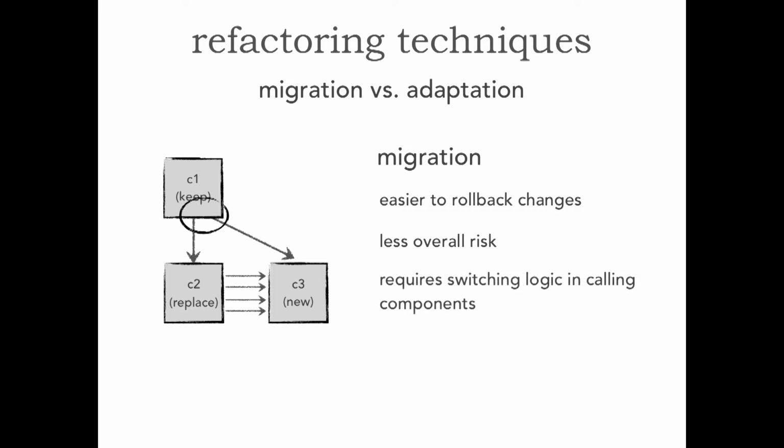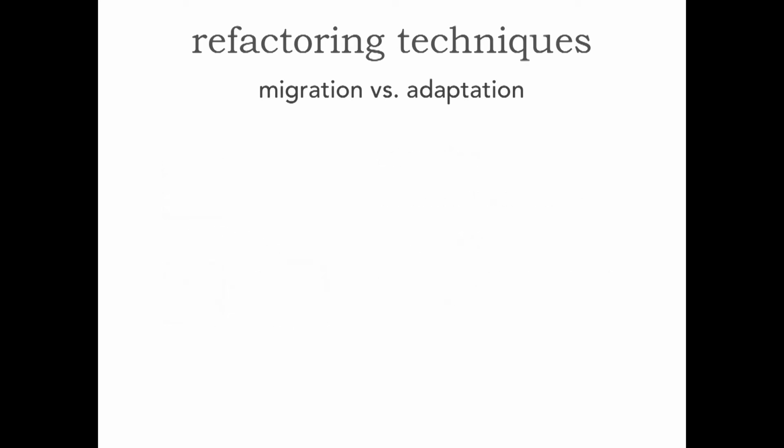However, there is a situation where some of the components may have to have switching logic. For example, C1, which is indicated here, has to know whether to go to C2 or C3 for that particular functionality. So that's migration. Adaptation, on the other hand, which we'll take a look at here, is where we have